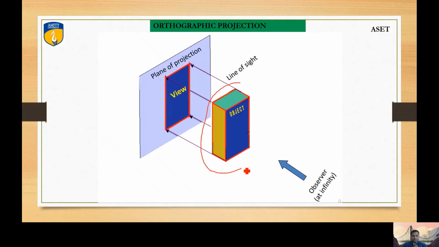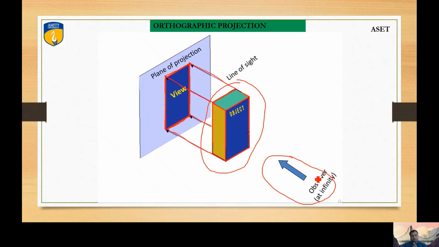This is my object. You can correlate this object with your mobile. Suppose this is your mobile, resting like this. When you see this mobile from this position, as I have told you, in orthographic the projectors should fall perpendicular to the plane. You can see here, these are the projectors and they are falling perpendicular to the plane, right? By joining all these 4 points, the image which I obtain on the plane is a rectangle. So this is the concept of orthographic.